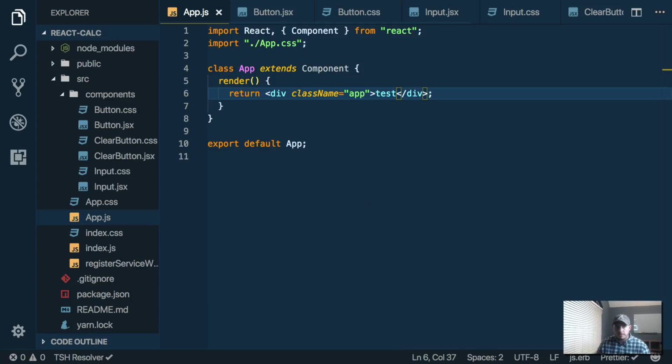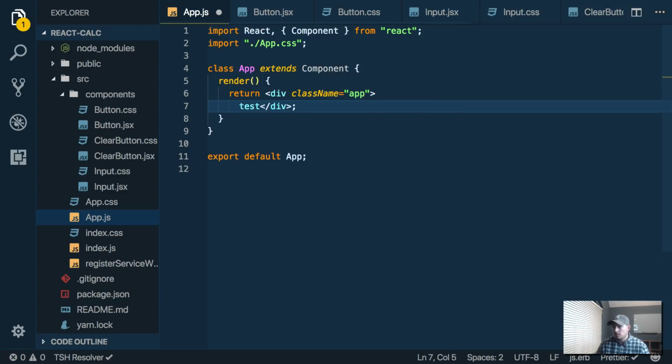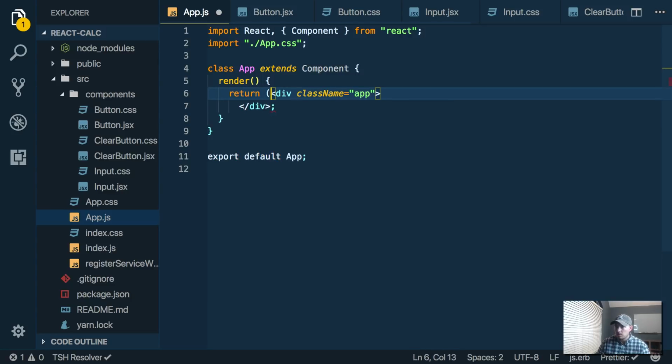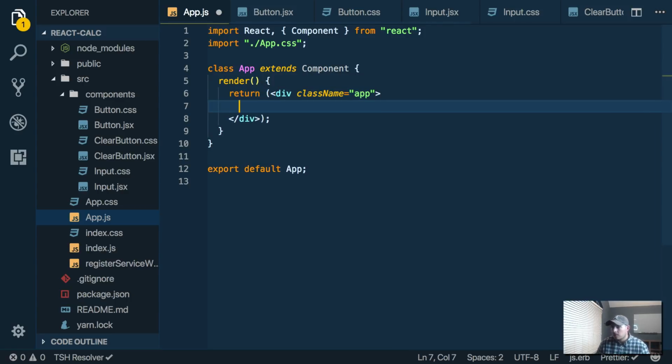So from here, what do we want to do? Let's put some parentheses there. So inside of here, I'll say